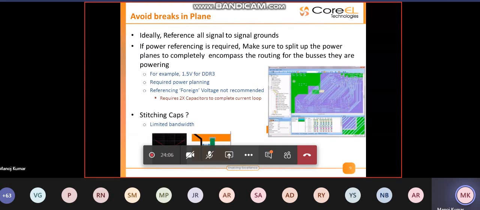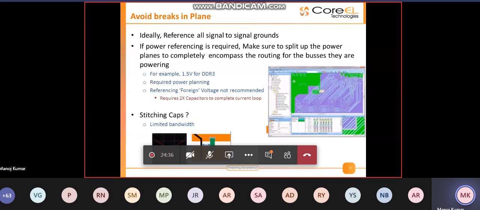But now that will require lots of decoupling capacitors, because the moment the electromagnetic field goes to your power plane, it has to take a least inductance path, and in order to provide a least inductance path, you should place capacitors, something known as stitching capacitors.